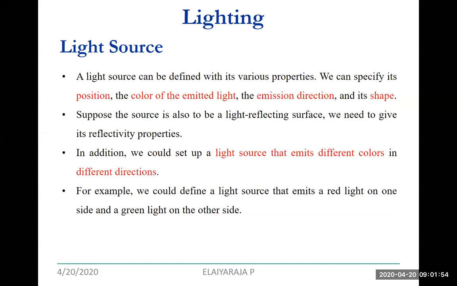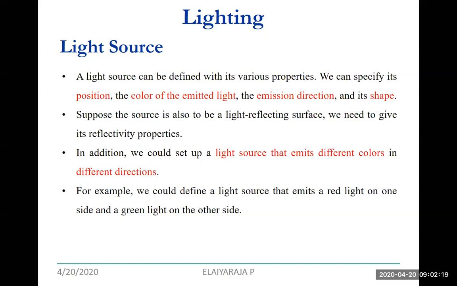First we'll see about the lighting. In lighting, we are going to see the light source: when a light source hits the surface, how it will reflect, refract or diffuse. So basically we are going to see the basics of the light source now.